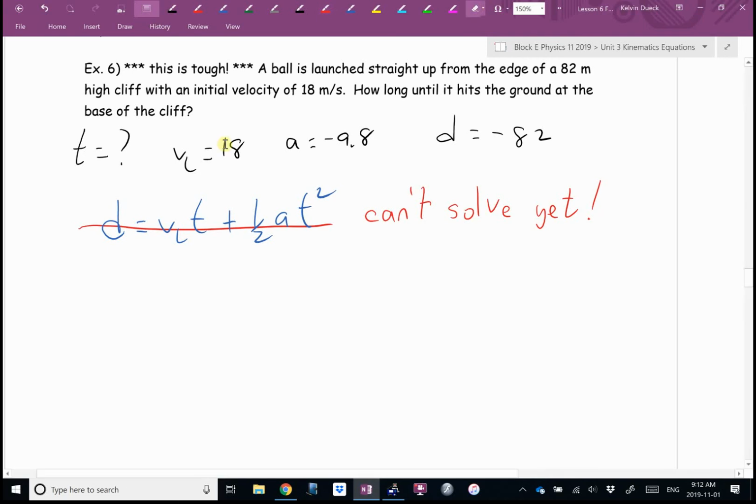Tito, how many things do I know? Count. I can find 5. Don't find time. What else can I find? What's missing? I'm looking for an equation that has a VF, a VI, an A, and a D in it. There is one. I need to get the VF by itself. It is not quite. How do I get rid of a squared? So you can, if you want to, cross out the squared and just put a big square root there.